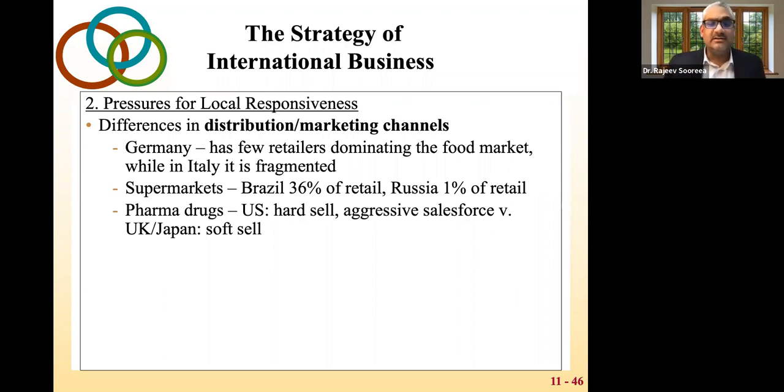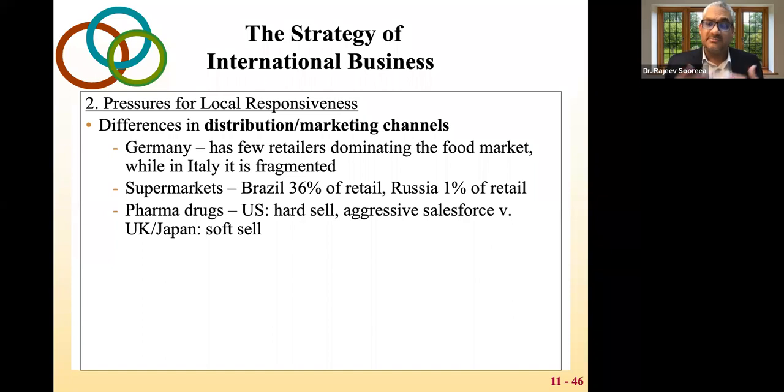Now in Brazil, 36% of the economy is retail, right? But in Russia, it's just 1%. Okay, just 1% of retail. So that's a huge difference. And in the US, it's very hard